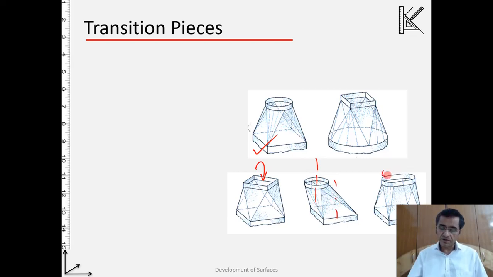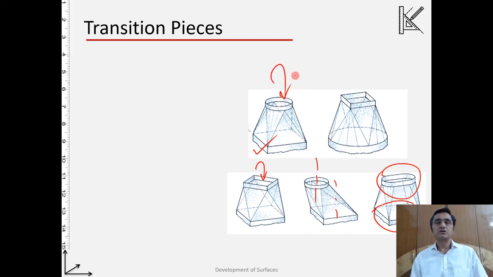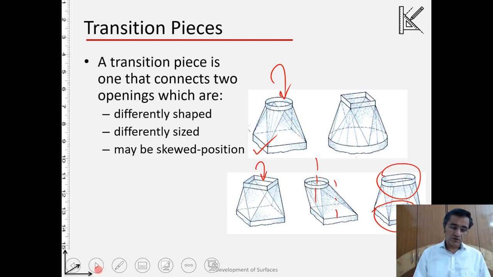For example, here an oval shaped opening is there and there is a square shaped opening. So we have these kinds of objects. Very often we meet them in the industry. Okay, and we have to create these. So we should understand how, if I give you a metal sheet, and from that metal sheet you have to make something like this, what is the way out? So this is what we will see.